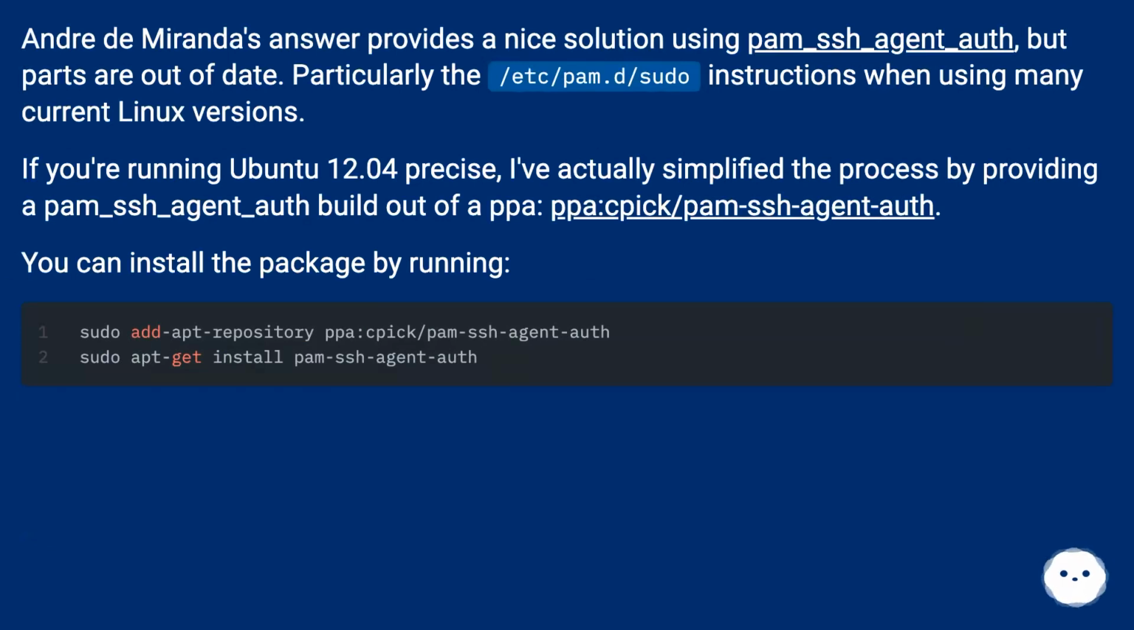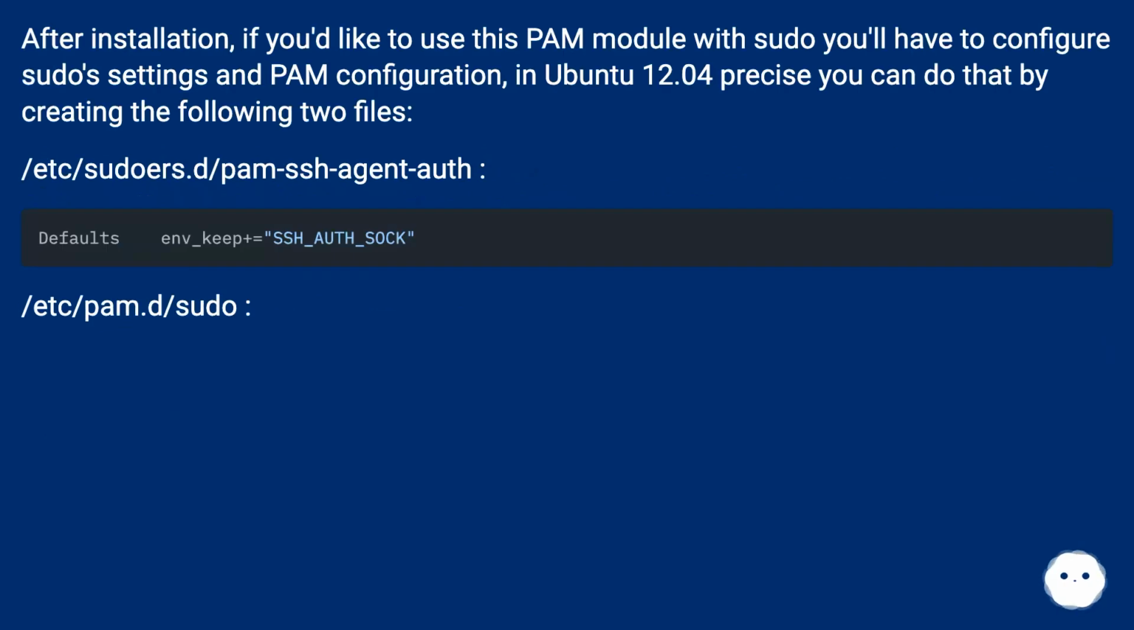Andre de Miranda's answer provides a nice solution using pam_ssh_agent_auth, but parts are out of date, particularly the /etc/pam.d/sudo instructions when using many current Linux versions. If you're running Ubuntu 12.04 precise, I've actually simplified the process by providing a pam_ssh_agent_auth build out of a PPA, pict/pam-ssh-agent-auth. You can install the package by running the following. After installation, if you'd like to use this PAM module with sudo, you'll have to configure sudo settings and PAM configuration. In Ubuntu 12.04 precise, you can do that by creating the following two files: